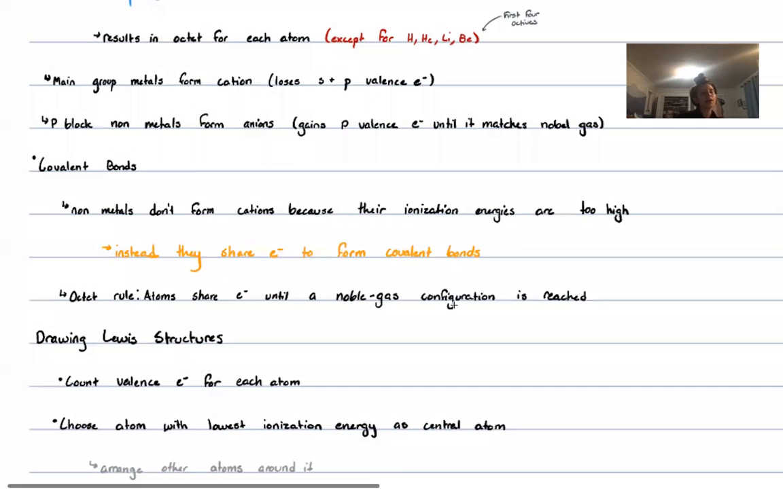And again, note that no bond is ever going to be totally ionic,